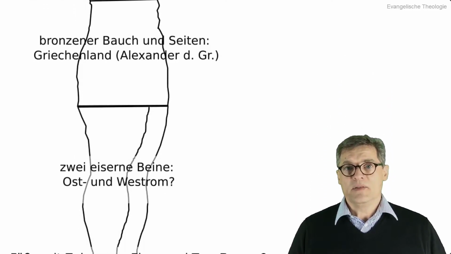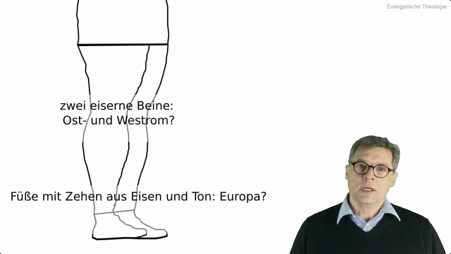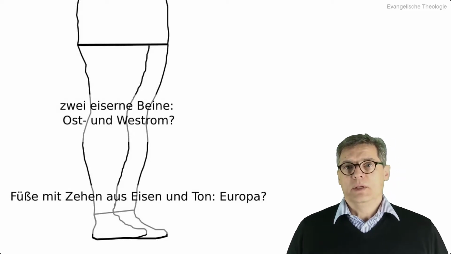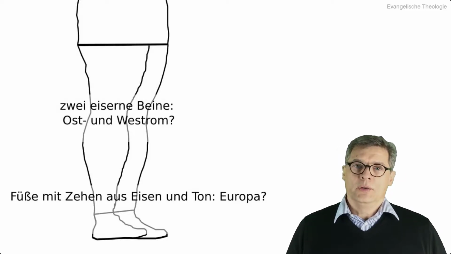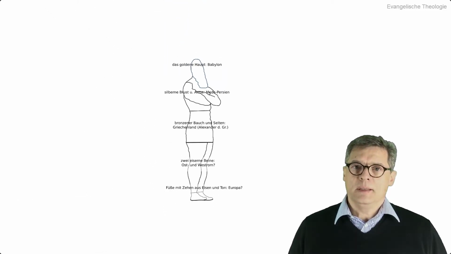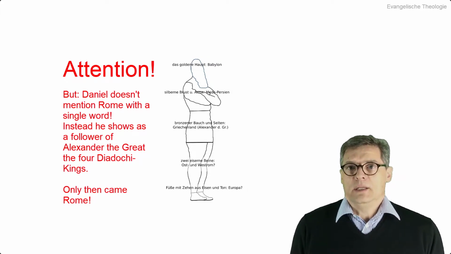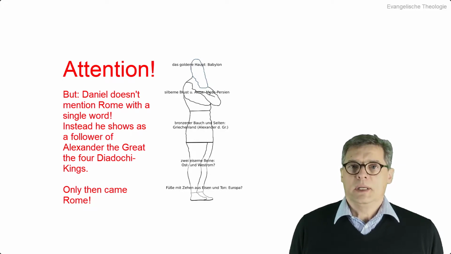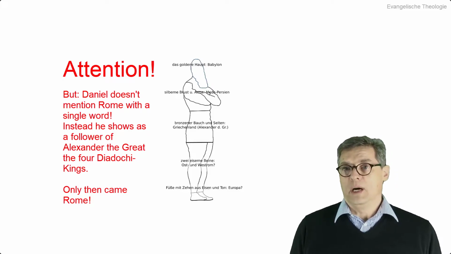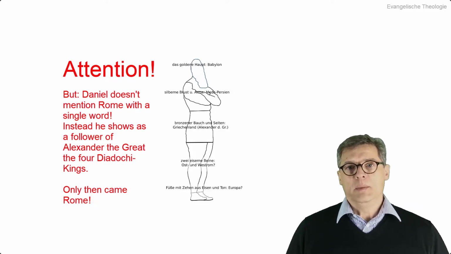Then we come to the two legs. They are made of iron, and it's often interpreted that these 2 legs are East and West Rome. One does it in such a way that one says the realm of Alexander the Great was of course followed by the great Roman Empire. And one thinks that fits quite well if one says Rome was divided due to its size into East Rome and West Rome. One then goes back to the Bible text, to the statue, and puts that on the Roman Empire and says these 2 legs are East Rome and West Rome.